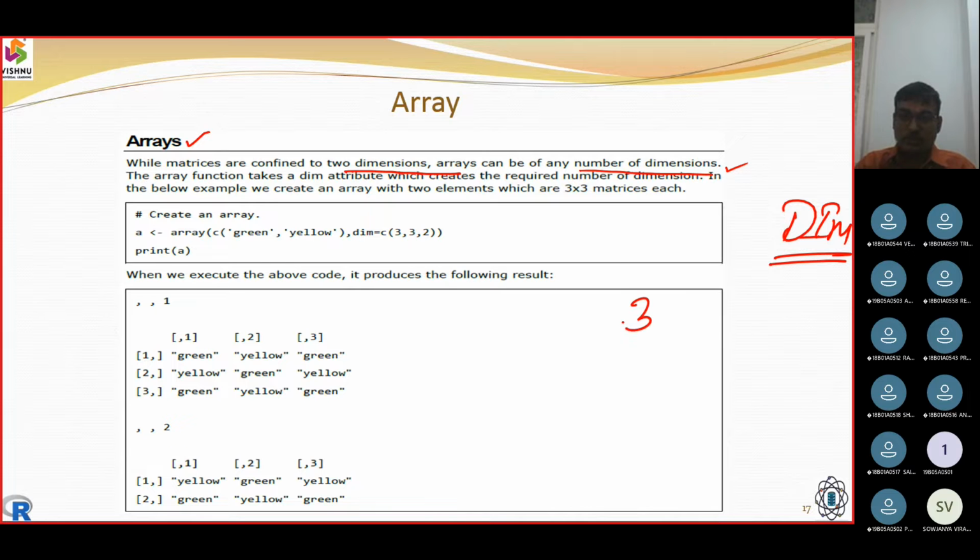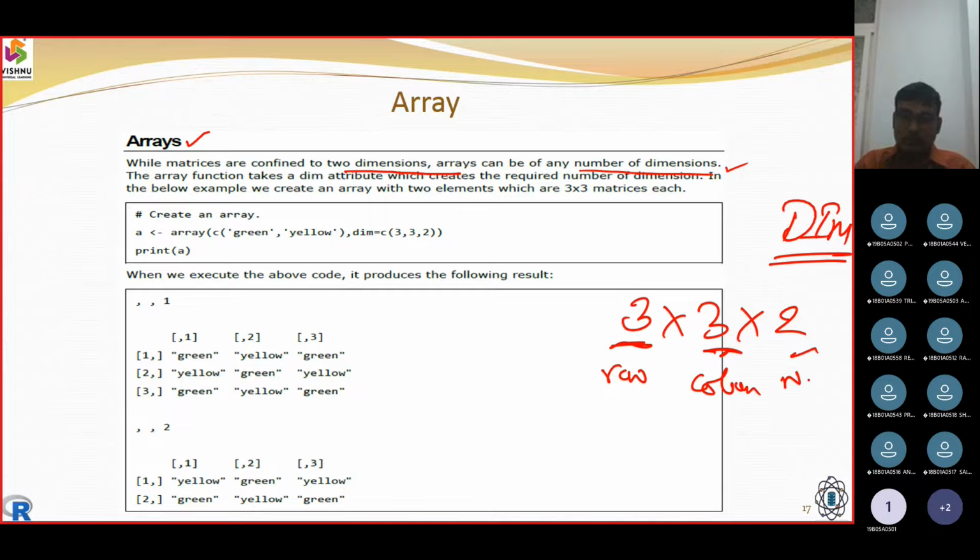It is going to define 3, 3, 2. The first 3 indicates the row count, the second 3 indicates the column count, and 2 says the number of times the array must print or repeat.